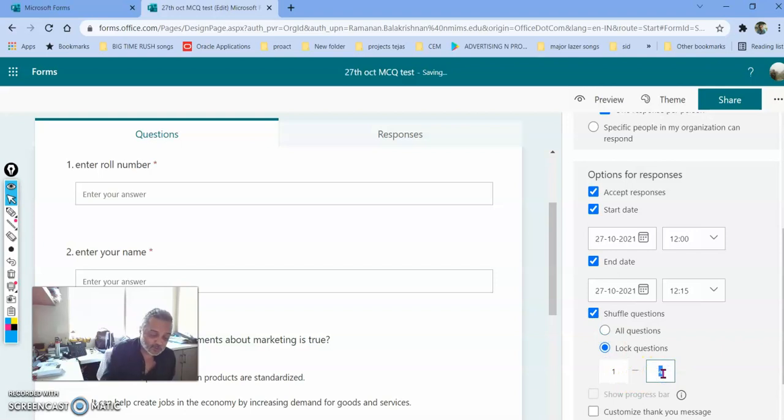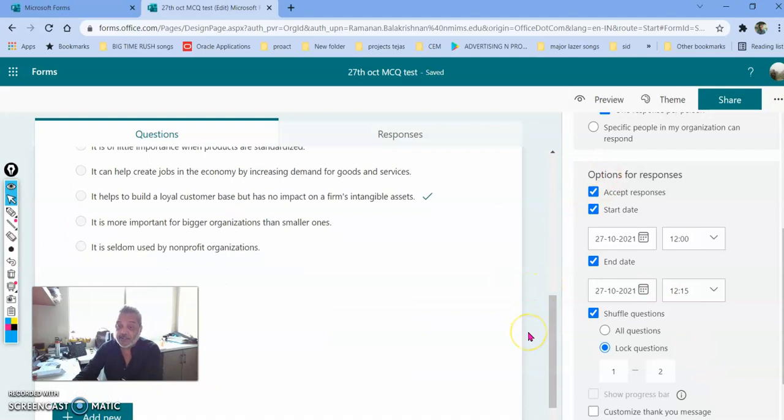One or two questions should be locked, which means that this question should not be shuffled. All the other questions will be shuffled, but not enter roll number and enter name. So that is what is called the lock questions option. Now once I have done this, I can